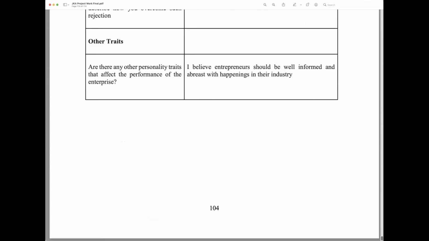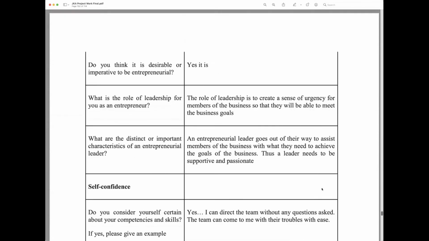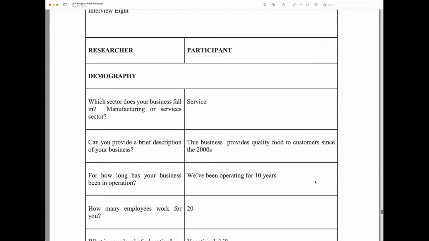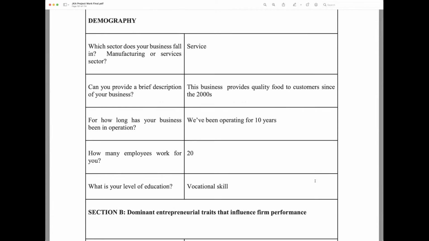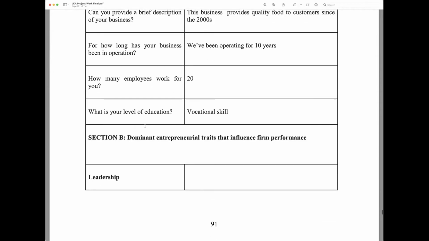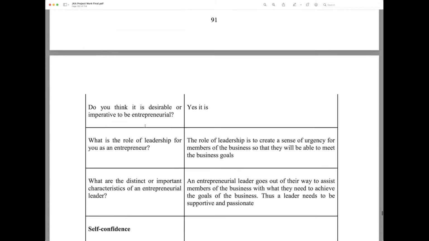So if you look at her conclusion and if you finish everything, you see that she has got some of the transcripts here based on the question. So interview 8, participant, who started as your business founder service. You see how it's structured already. Can you provide a brief description? How long has your business been in operation? How many employees? What's your level of education? Then goes to leadership. Do you think it's